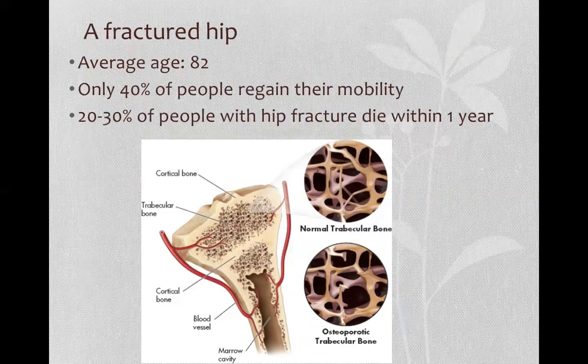Within a year, 90% of people who had a hip fracture need assistance with stairs. 66% need help getting off the toilet. 50% can't get up if they're in a chair. 30% can't get out of bed. And 20% can't even get dressed. So very, very debilitating, very, very costly, but also potentially preventable if you think about some of the modifiable risk factors we've already mentioned,